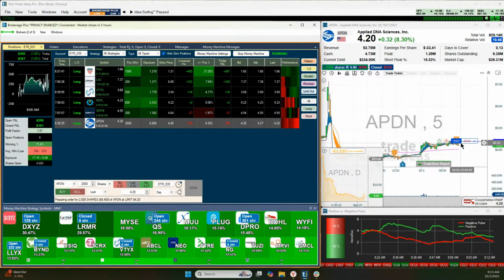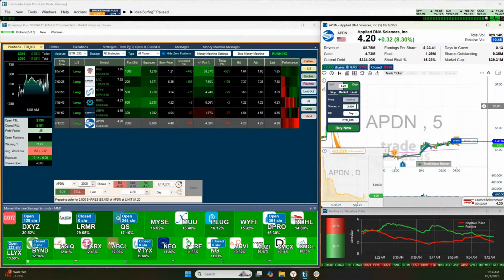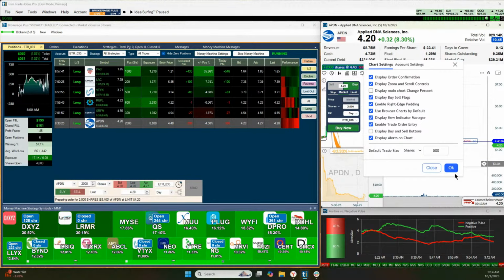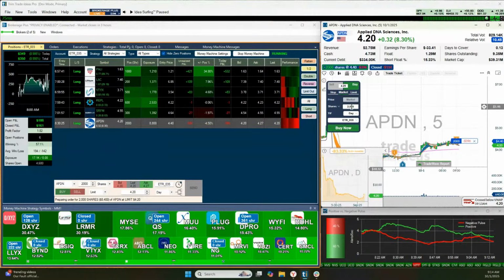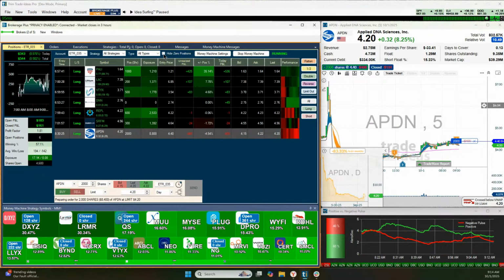Why am I in this? I actually meant to buy 500 shares, but I bought 2,000. So I should be up close to like $700. Unfortunately, I just made a mistake on my trade ticket. I think I changed it. See, default share size 500. I fixed it, but it tells you it's defaulting to your open position. So this is unfortunate. It happens. And you can see I've had a couple of other trades in here.